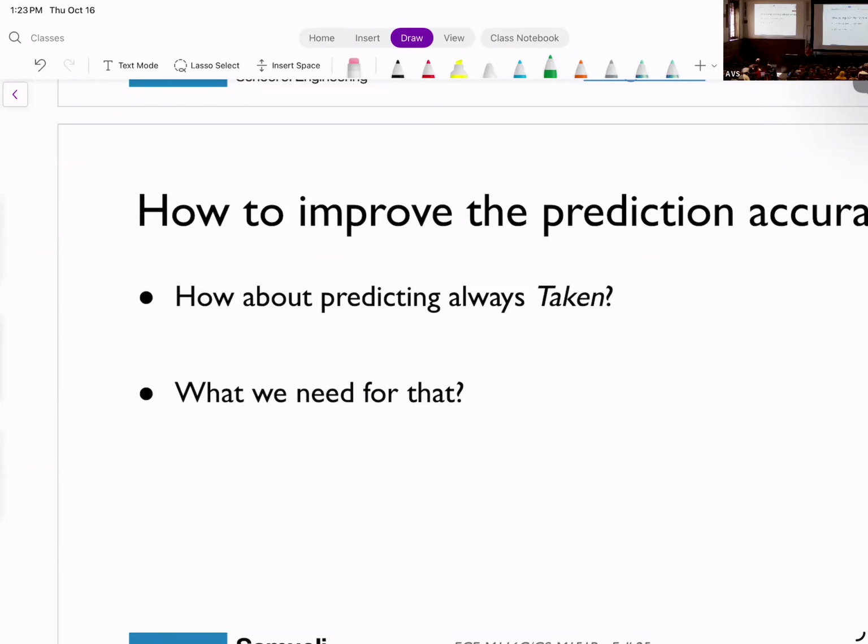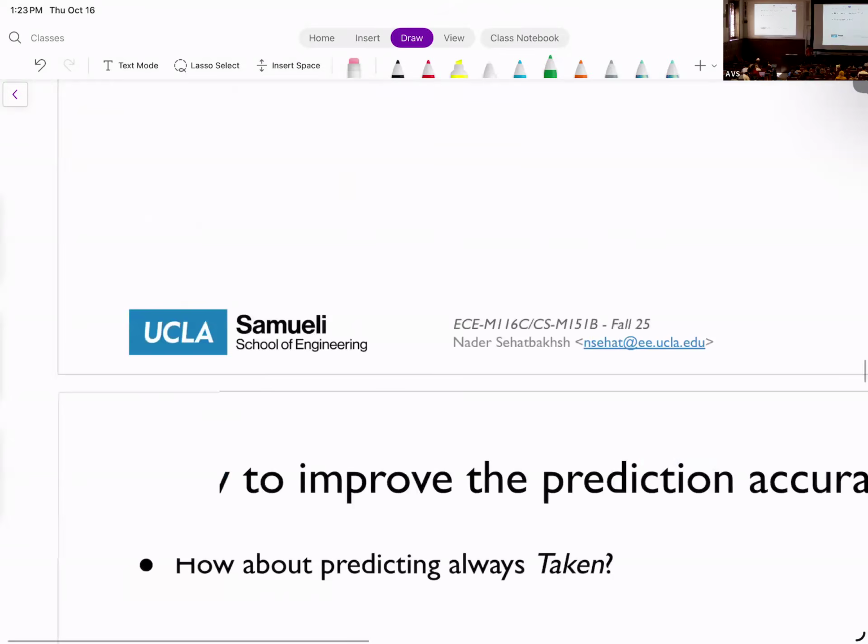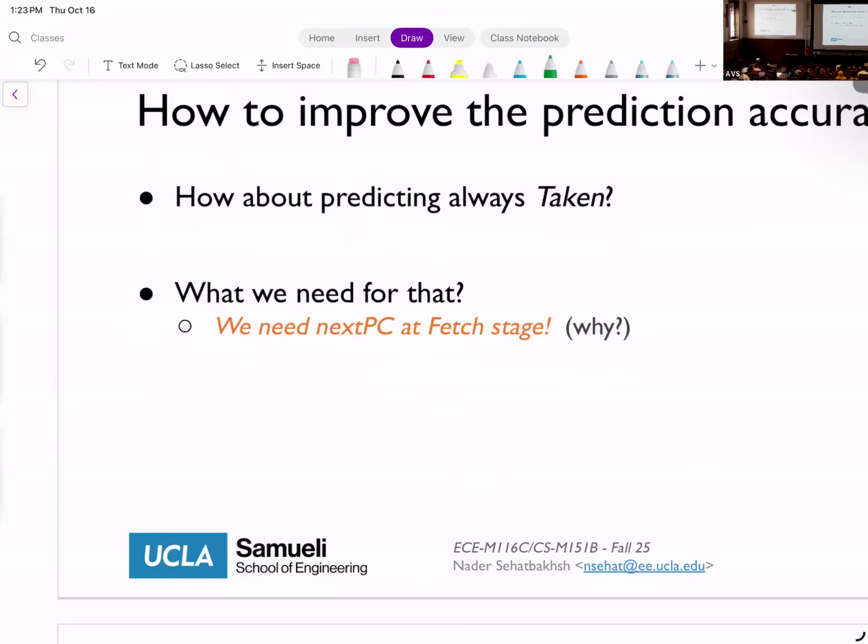So during your fetch stage, you need to know the new address. So that introduces new complexity, right? Essentially, what you need to know is that now your next PC needs to be known during the fetch stage, right? Why? Again, if I have a branch equal and I do fetch and then decode, remember I told you that this would be my I1, and I1 would be fetch here, and if I make a wrong decision, boom, I can just get rid of this